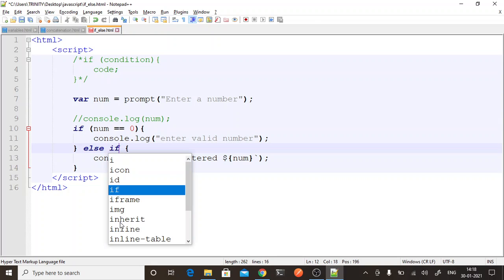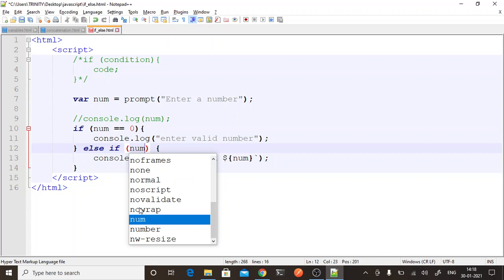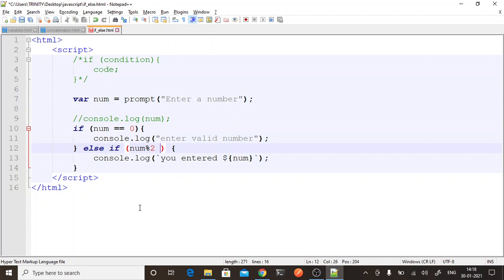Else if, again I want to check a condition, so I will not give else now, I will give else if, again with a condition. So num mod 2. This time I am checking that the number entered is not 0, then go to this condition and check the second condition.